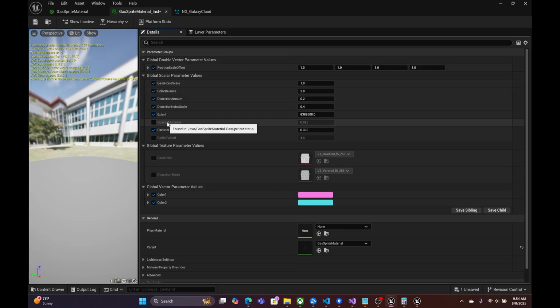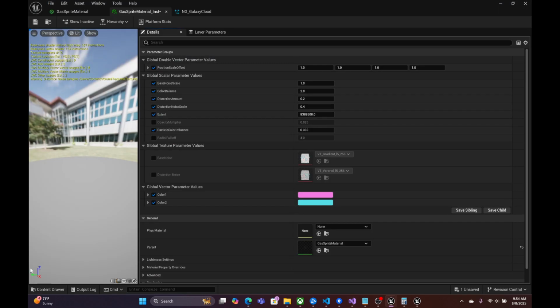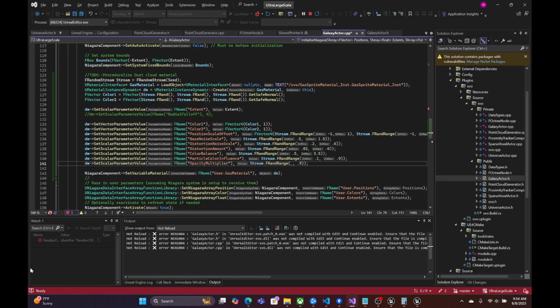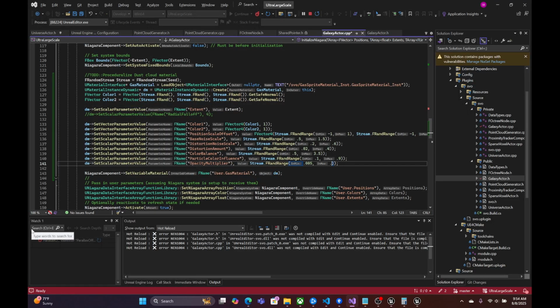So the last one would be opacity multiplier. Easy peasy. Opacity multiplier. And we will do for this one somewhere between 0.005 and like 0.04. All right, and then